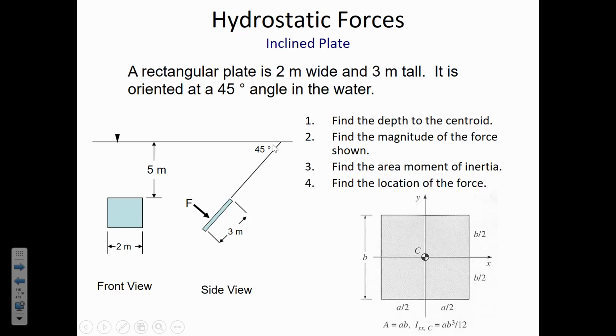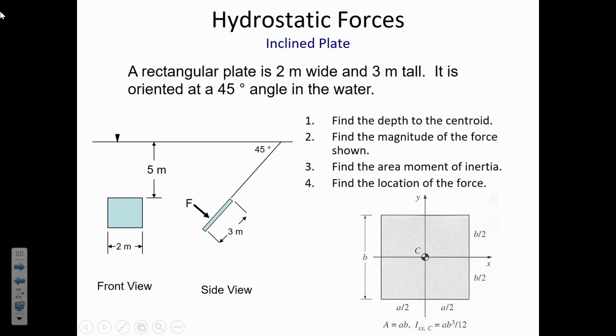It's rectangular. The dimensions are given. So I'm again going to pause this one and give you some time to think about the geometry of finding those parameters. So let me erase these sketches that we had before